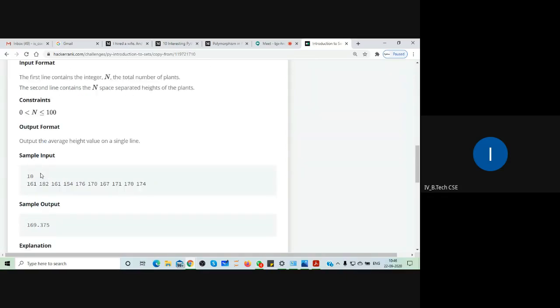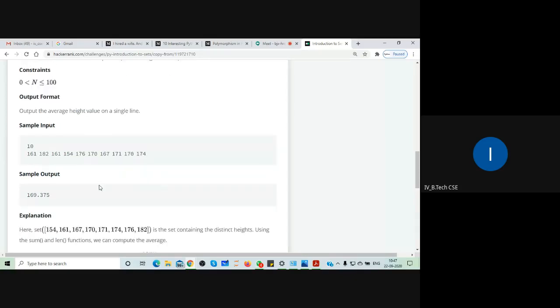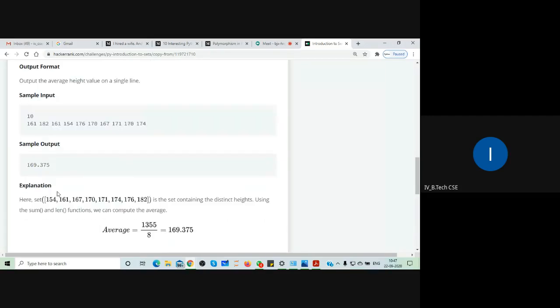For example, in the sample input you take 10, then 161, 182, 161 (161 appears two times, so it will take only one), 154, 176, 170, 167, 171 (171 appears twice), 174. Any duplicates will automatically be avoided. After taking the input, you can compute the average.